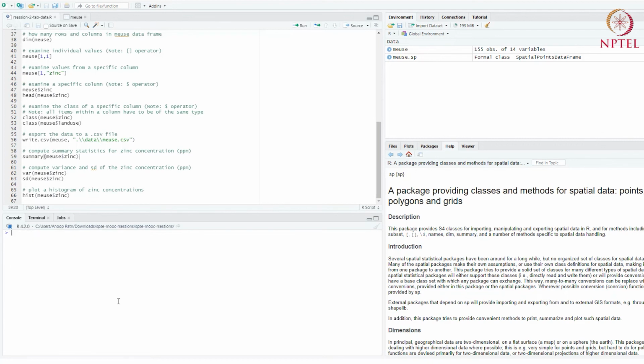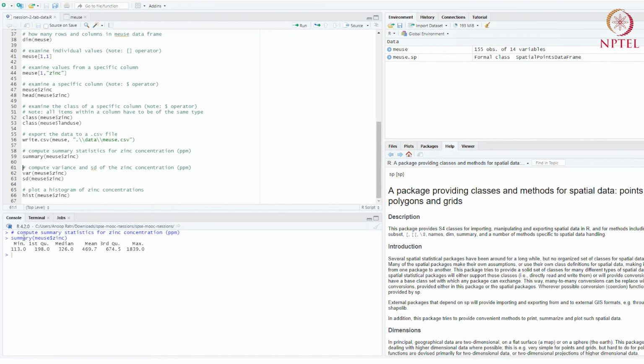So that was about examining data. But what if we want to actually do some statistics? So let's print out some summary statistics for the zinc concentrations. The zinc column contains concentrations of zinc along the river bed. They measured concentrations of zinc at various locations along the river bed, and that's the data that we want, and this is in parts per million. So we want to see what the summary statistics are.